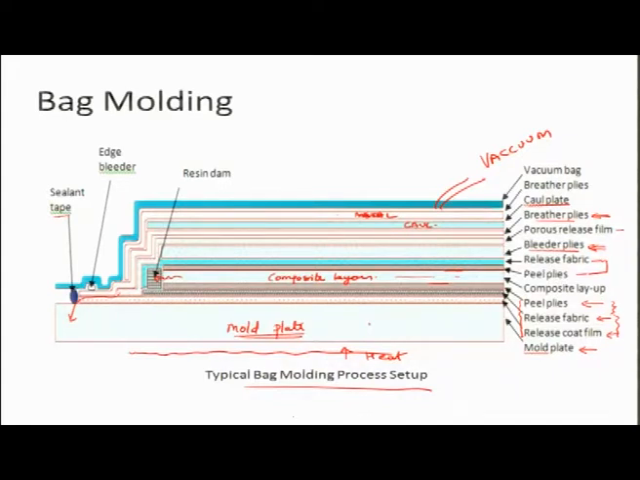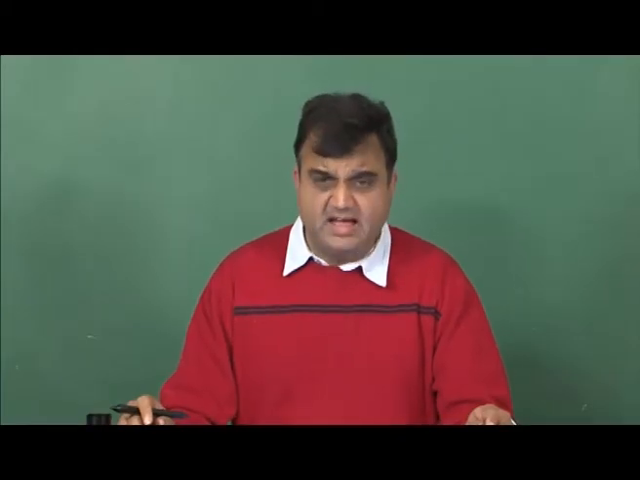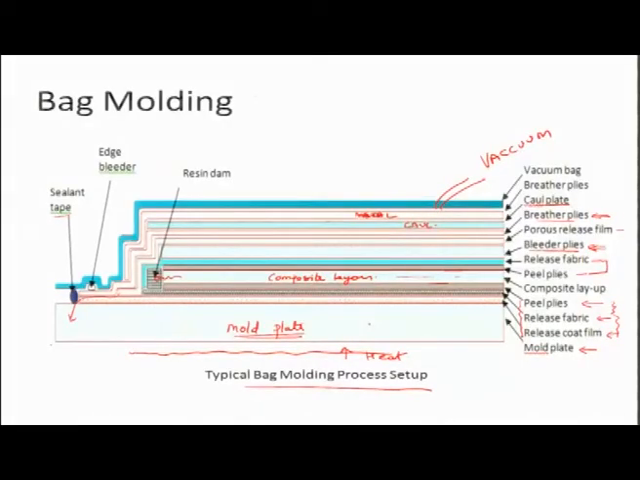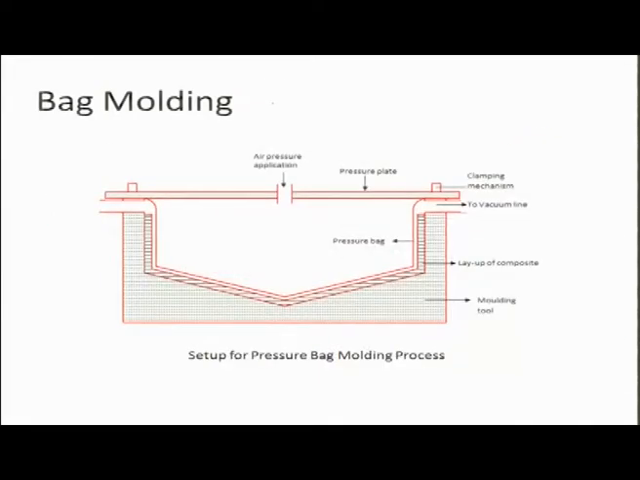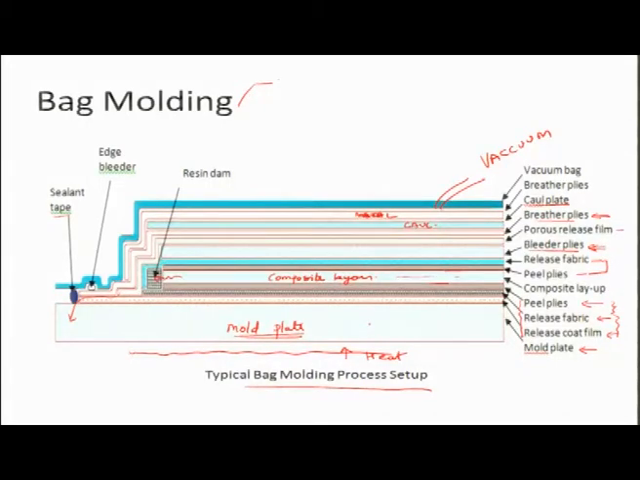Now this bag molding process is of 3 different types. The first one is known as vacuum bag molding, okay. Vacuum bag molding. So what happens in this vacuum bag molding is that essentially we rely on vacuum to remove